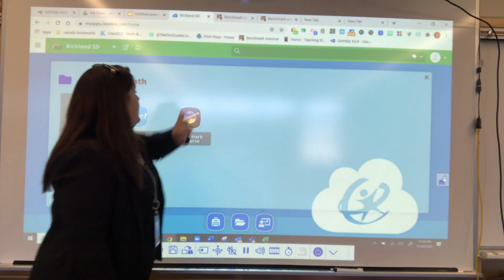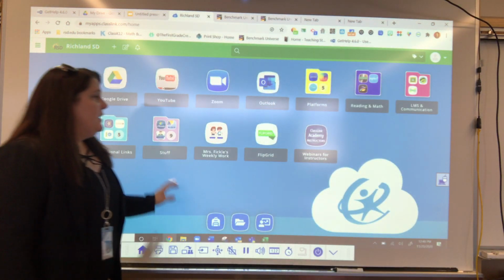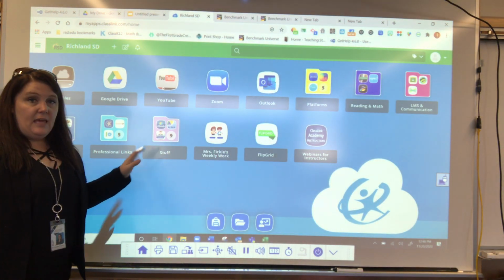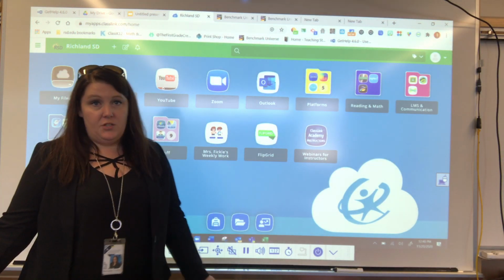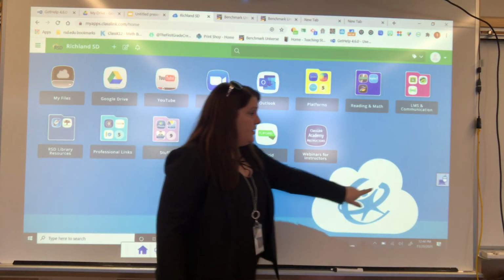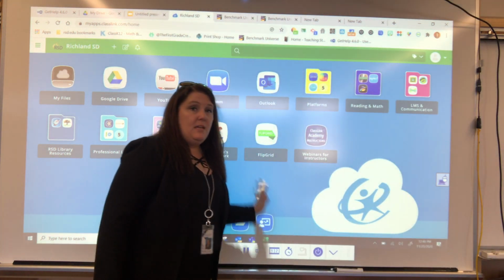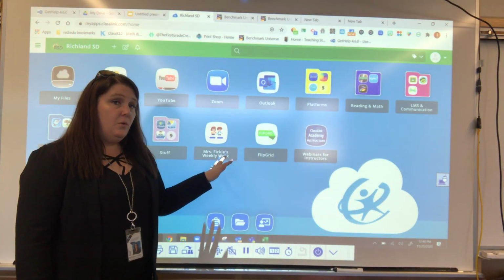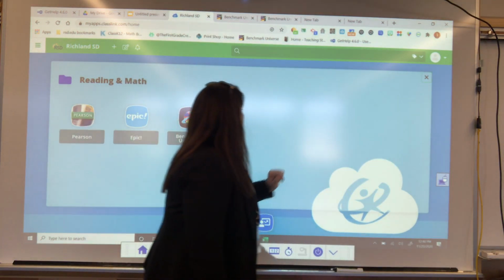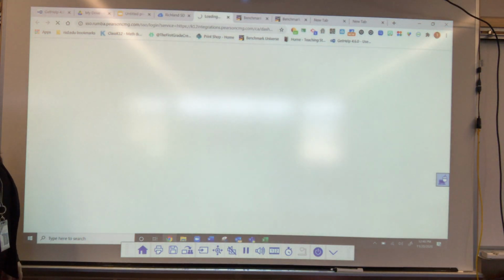One of the things that is super handy about this is that we can access our Launchpad. You can access any of the curriculum pieces in here and navigate from here. So you can be in front of your students teaching and not have to sit behind the computer to move the mouse. Because on our screen we have the computer with the mouse selected, that means that I can manipulate this screen like I would with a regular handheld mouse. So if I wanted to go to Pearson, for example, for Investigations, I can click on this,